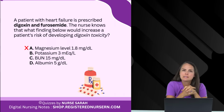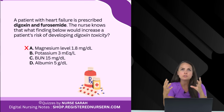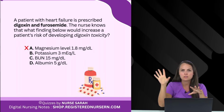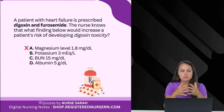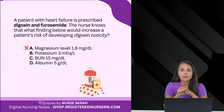Now, the thing about digoxin is that it has a very narrow therapeutic range. It's about 0.5 to 2 nanograms per milliliter. Anything greater than 2, we start getting into toxicity territory. And there's certain risk factors a patient can have that will increase the risk of developing this. Like if a patient's elderly, they have renal insufficiency, or they have an electrolyte imbalance,